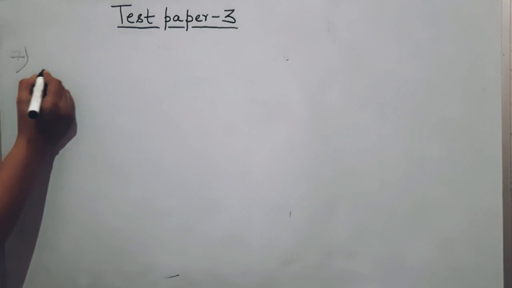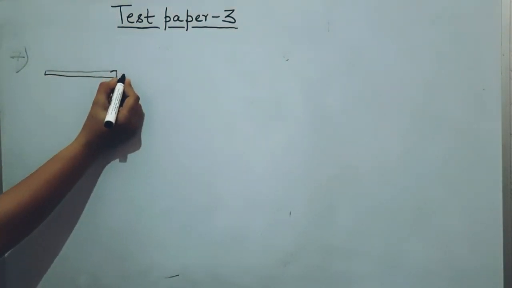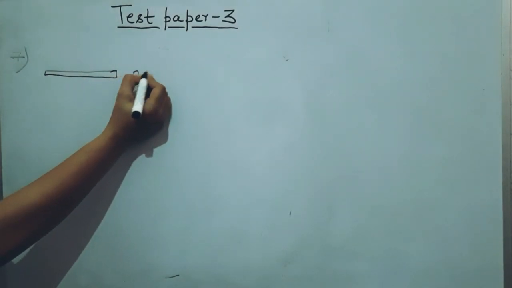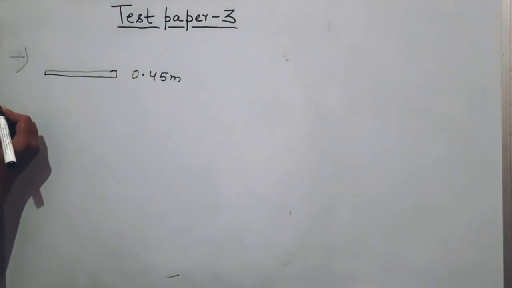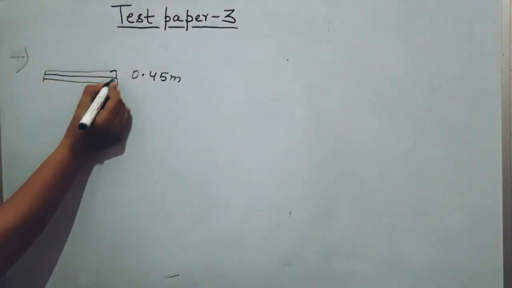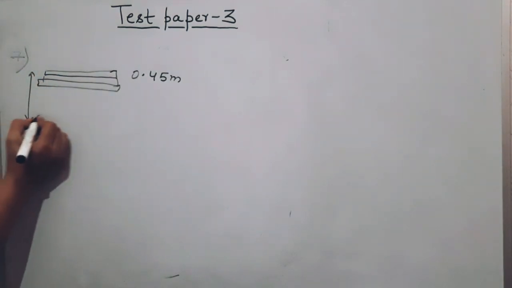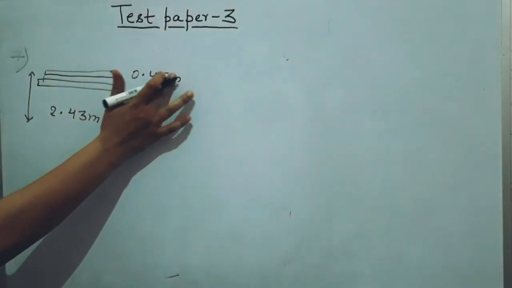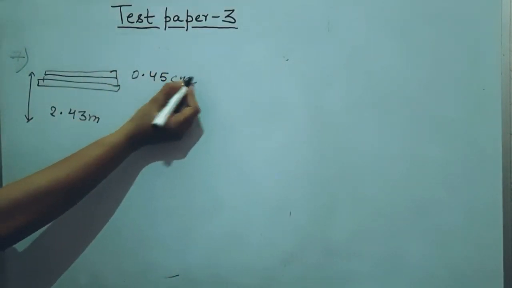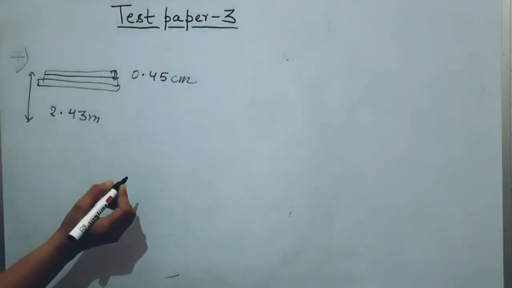आपको एक plywood की thickness दी हुई है, right? The thickness of one plywood is given to you, so it is 0.45 centimeter. और आपको एक pile बनाना है. Pile means one upon another there will be so many plies. So for that what you have to do? The height of the pile should be 2.43 meter and this is given in centimeter. 0.45 centimeter. ये आपकी एक ply की thickness है 0.45 centimeter.